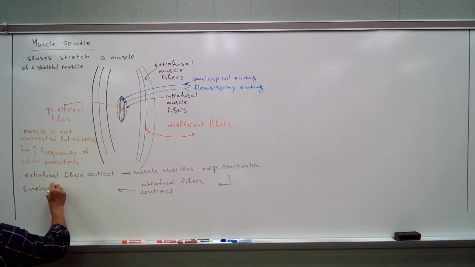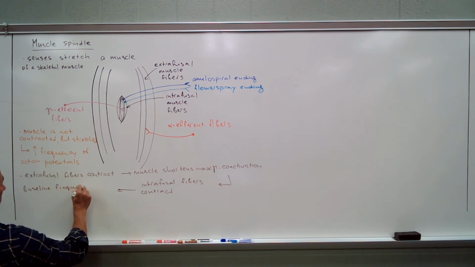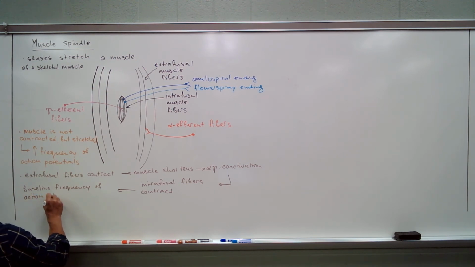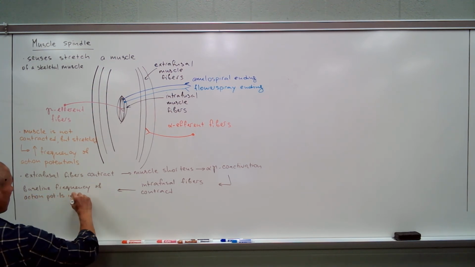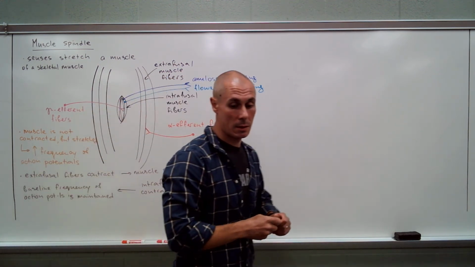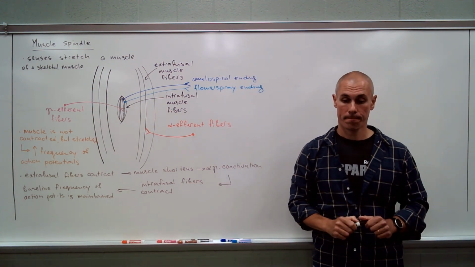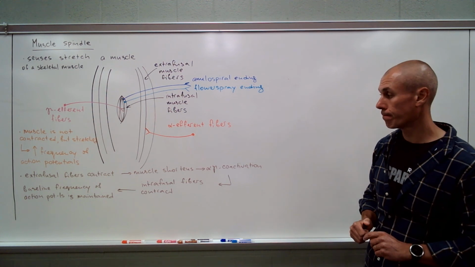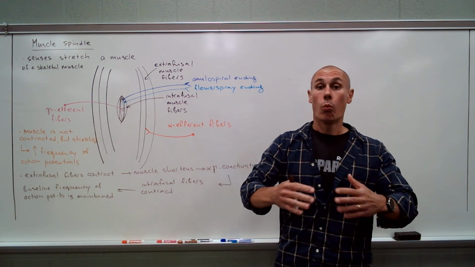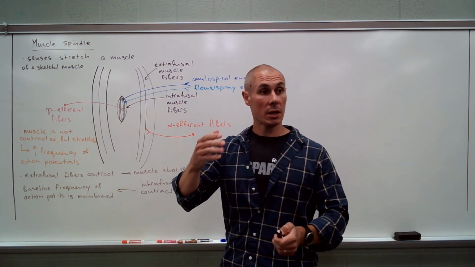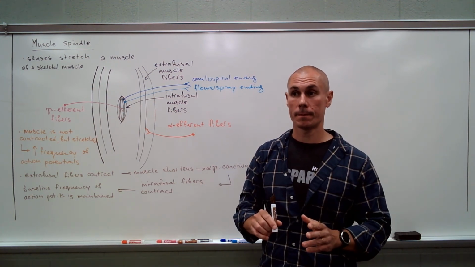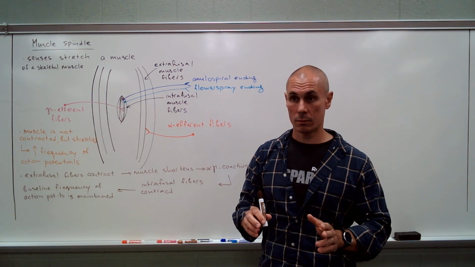So we can say that as the result of alpha-gamma coactivation, intrafusal fibers contract and baseline frequency of action potentials is maintained. Does that make sense? Okay? So again, alpha-gamma coactivation guarantees the contraction of intra and extrafusal fibers at the same time. We good? Right? Now,